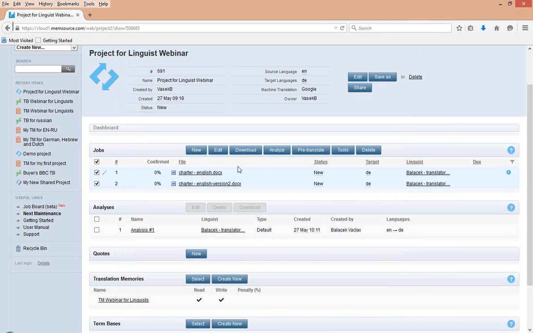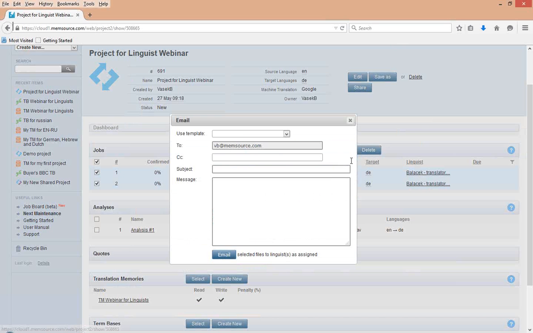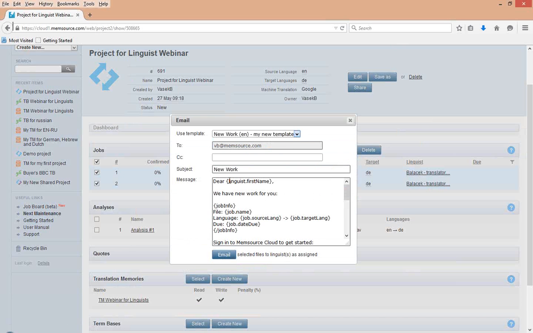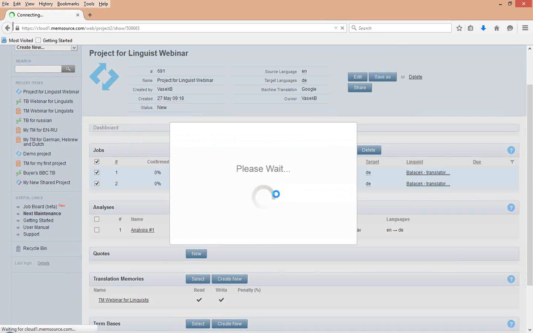Okay, so the next step for the project manager would be to email a notification to you. This is based on an email template, so the content of this email can be different or will be different. There are a set of variables that, when the email is generated, will be filled in with the corresponding data. So we send the email,